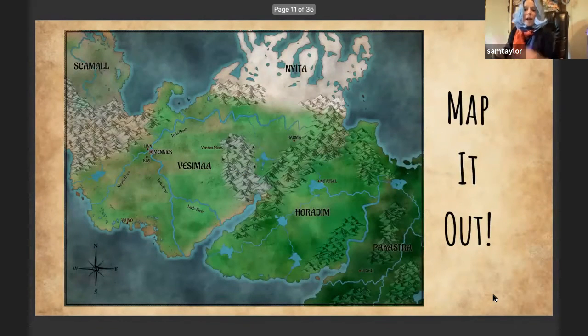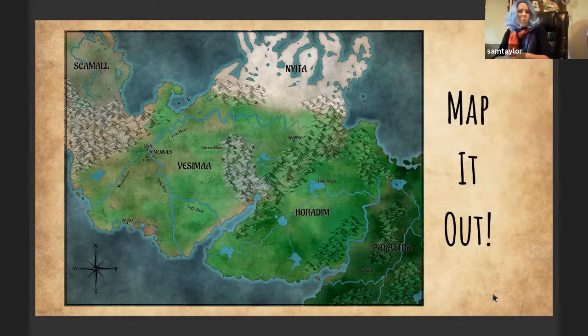Some ways to do that: map it out. At some point, you would want to either look at a map of the setting of the story, if it is set in real world setting or an alternate world setting, or if you are completely building your own world, you might want to sketch out, especially if you have multiple countries happening in your story. The characters, maybe they're traveling, maybe there's characters from different parts of the world. Sketch it out, give yourself an idea of what this world looks like, where the people are coming from, consider the geography.